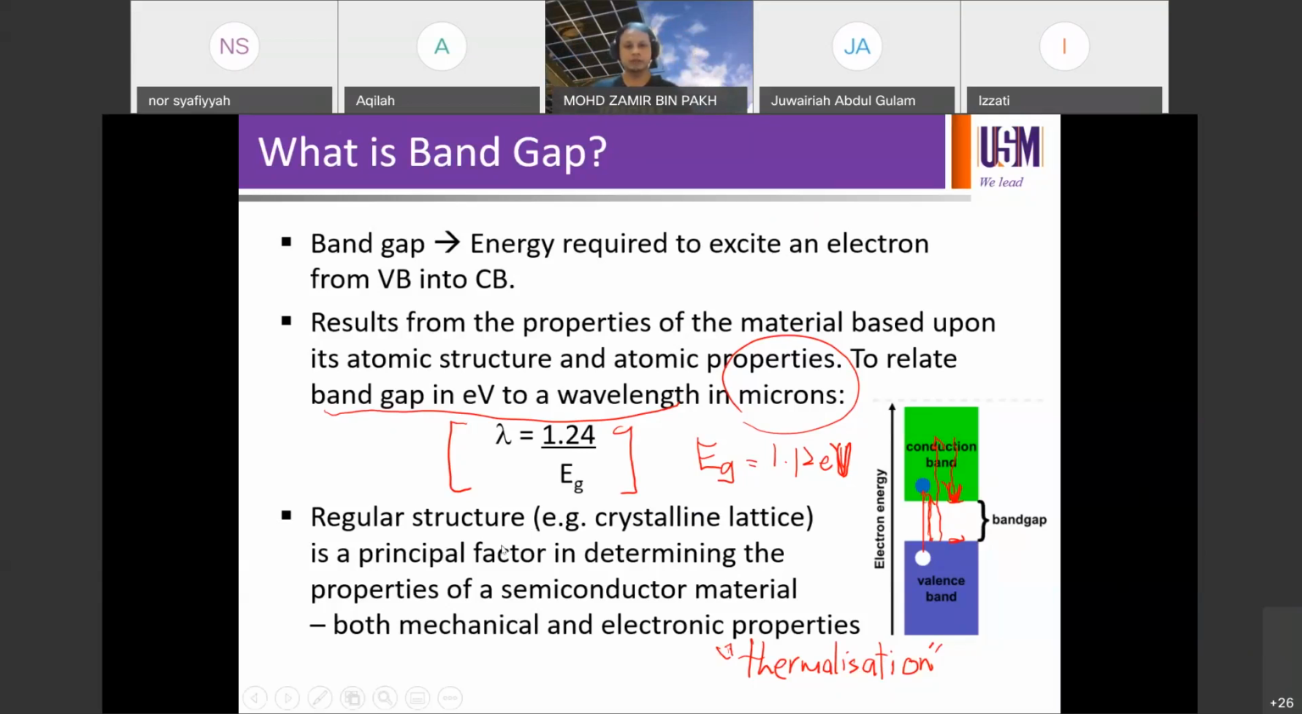The regular structure, that is the crystalline lattice, is a principal factor in determining the properties of a semiconductor material, both mechanical, electronic, and other properties, in fact, right? So the crystallinity that we learned last time will affect the properties of the material and eventually the properties of your semiconductor devices, right? So, for example, if you want to relate this to silicon, we have learned about crystallinity, right? If you talk about crystalline silicon, poly or monocrystalline, so poly,